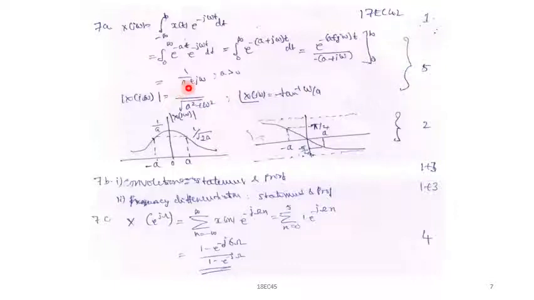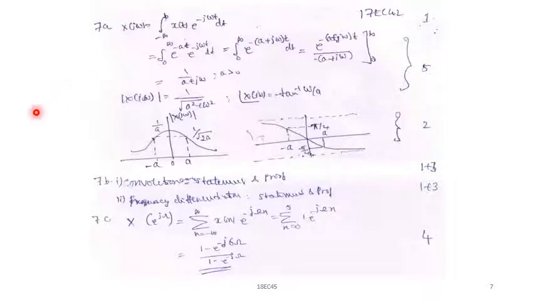Then find the magnitude and the phase spectrum of this. The magnitude of X of j omega is 1 by square root of a square plus omega square. The angle is tan inverse of omega by a, because it is imaginary part by real part. Plot the signal for different values of omega, with a greater than 0. At omega equal to 0, find the answer, and also at omega equal to a and omega equal to minus a. Similarly the angle can be calculated. The sketches carry 2 marks. So 1 plus 5 plus 2, total it will be 8.